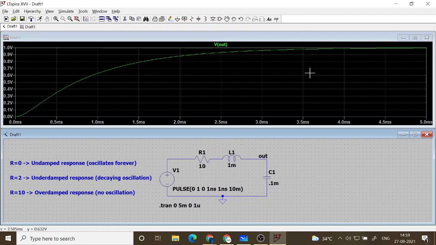So same things you can do with the parallel circuit, okay, just like you did for resonance. So here the only difference is that you have pulse input. Earlier in the study of resonance you took a sine wave input. Now you are taking pulse input to study the step response. So this is called step response of second order system. Okay. What I have shown is for series RLC circuit, but you can do it for yourself for the parallel circuit.